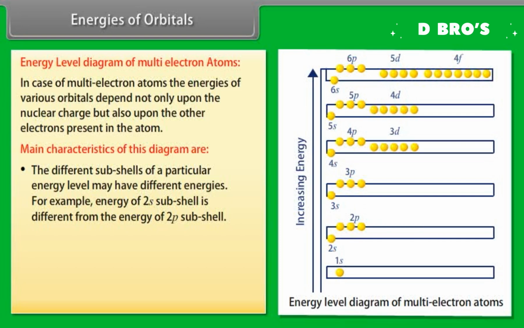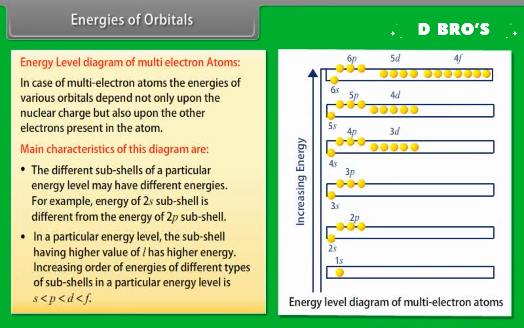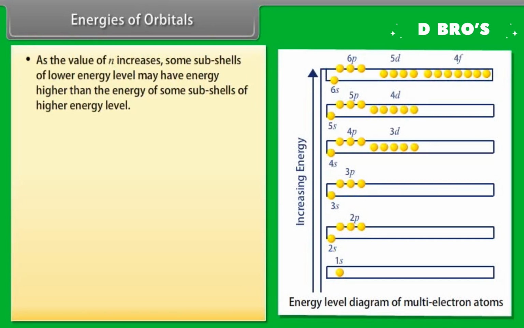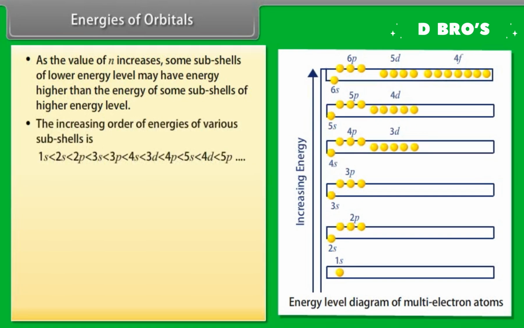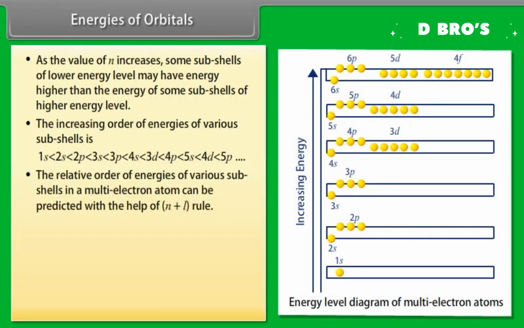For example, energy of 2s subshell is different from the energy of 2p subshell. Number 2, in a particular energy level, the subshell having higher value of l has higher energy. Increasing order of energies of different types of subshells in a particular energy level is: Number 3, as the value of n increases, some subshells of lower energy level may have energy higher than the energy of some subshells of higher energy level. Number 4, the increasing order of energies of various subshells is: